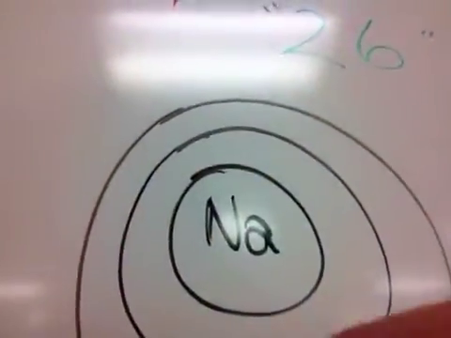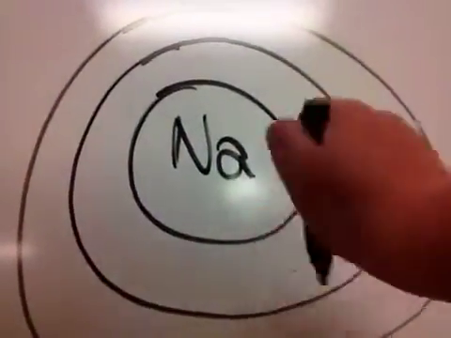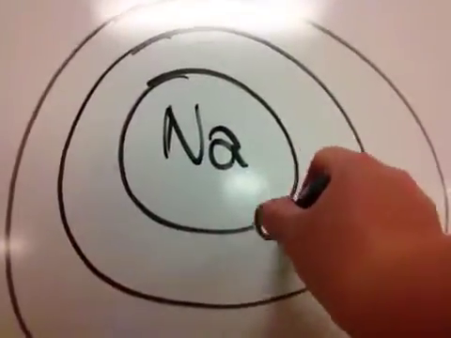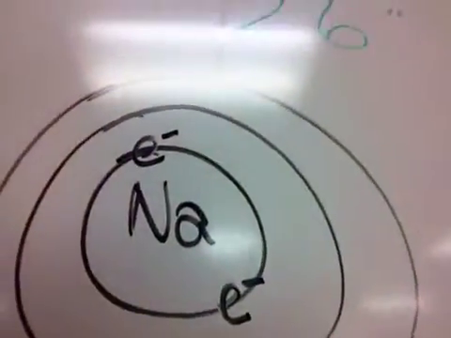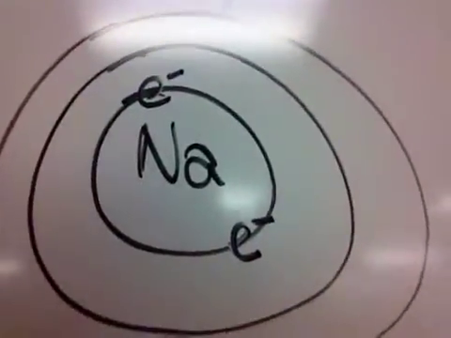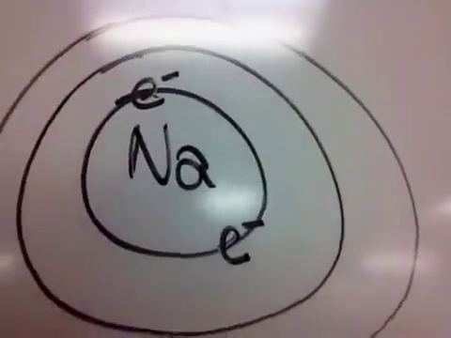Okay, so energy level, first one, closest to the nucleus, so I'm going to draw 2 electrons. I'm going to just symbolize that E with a little minus charge. So I have 2 electrons. And that's as many as I can fit on that first level, because there's only 2 elements. So now let's go back, because now I have to figure out how many elements I can draw on my